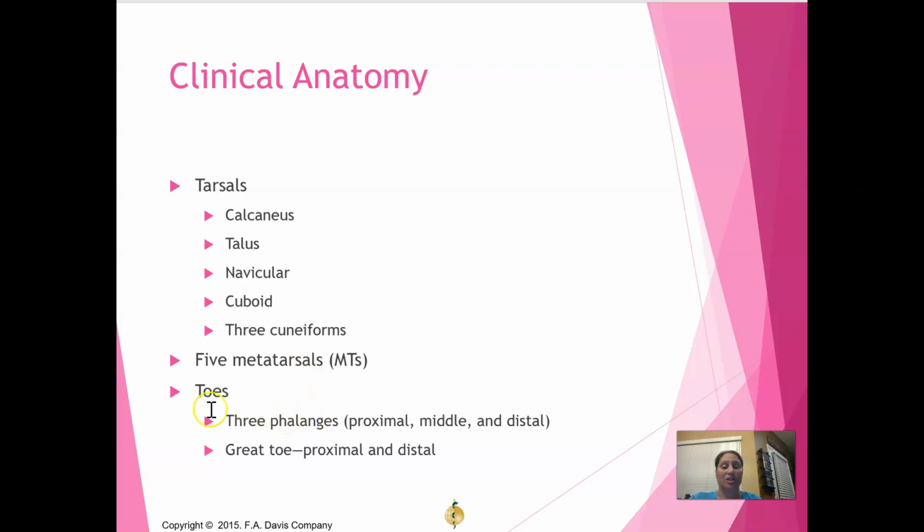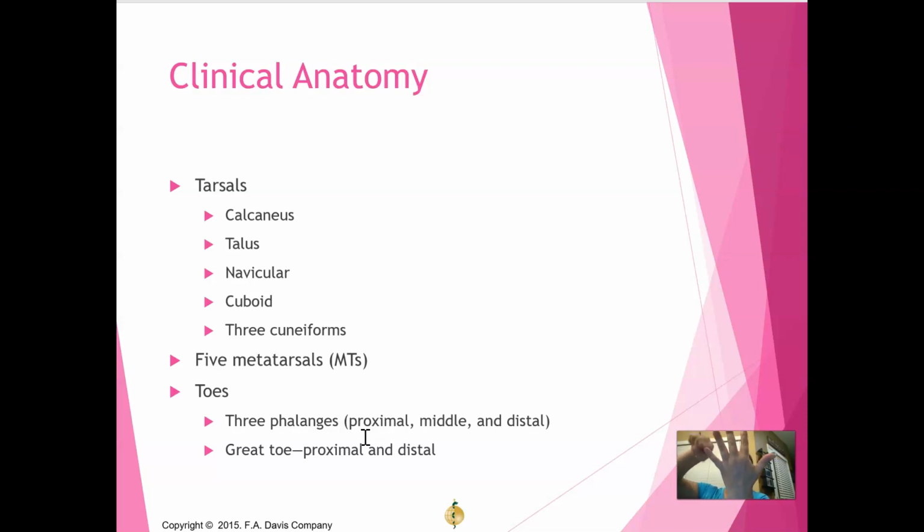Your toes actually have, doing math in my head really quick, which is not good, but your great toe only has a proximal and a distal phalange, and then your digits 2 through 5 have a proximal, middle, and distal phalange. So I'm not going to try and bring my foot up here. I don't have my models at home, but if you were to use your hand, because it's similar, the big toe only has a proximal and a distal phalange, and it only has 1 interphalangeal joint, whereas your other 4 digits,